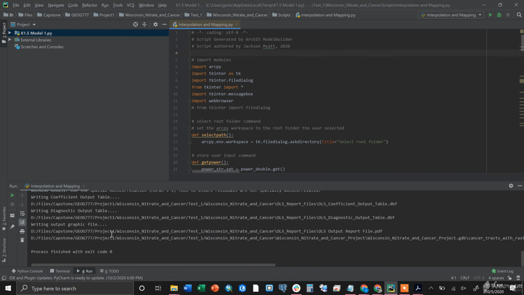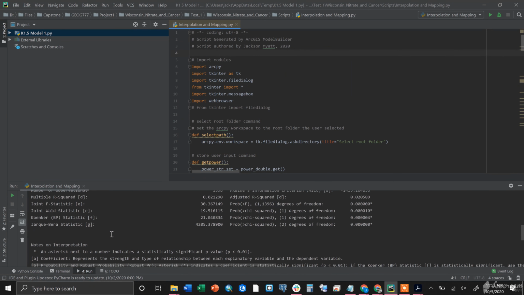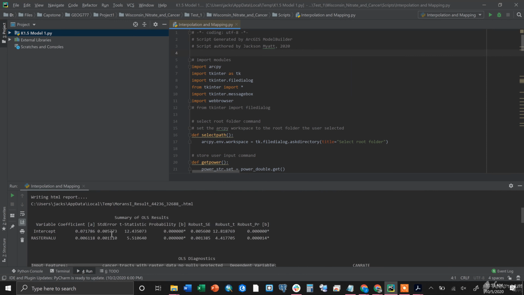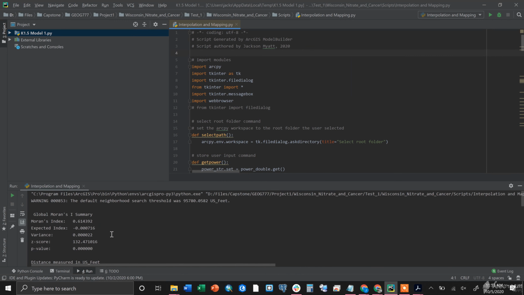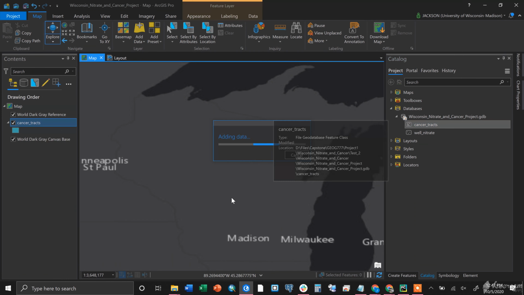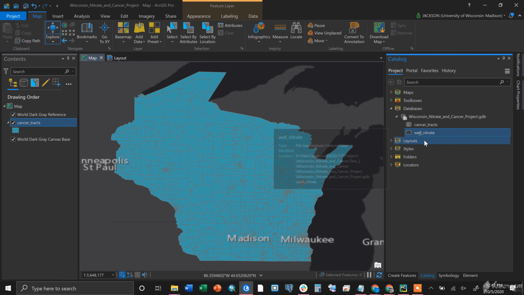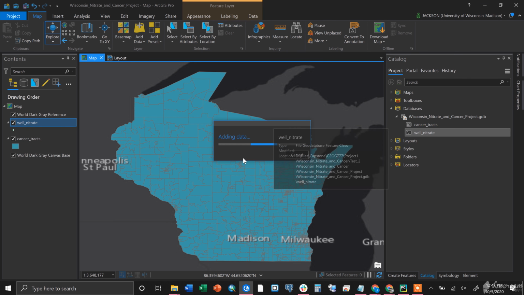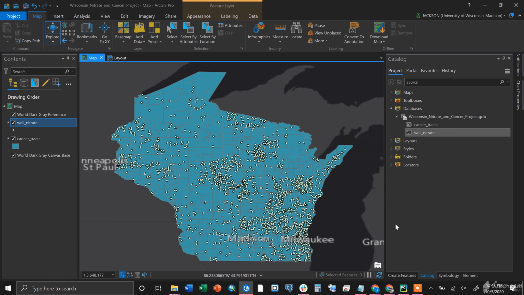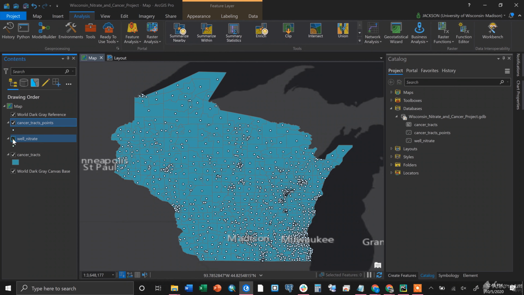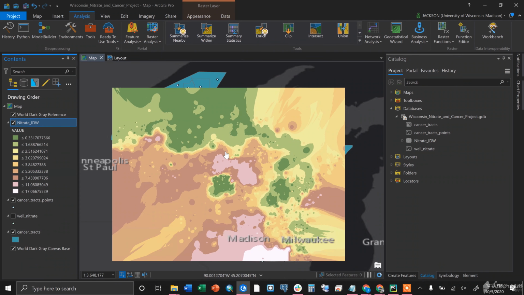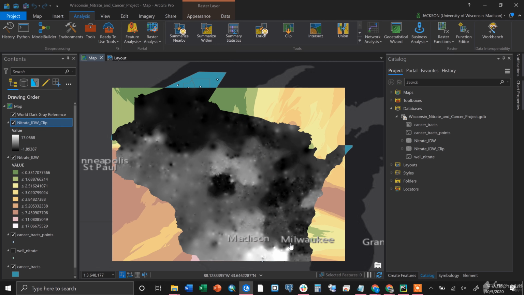The diagnostic information about the ordinary least squares and global Moran's I tool still remains in the console after finishing the script. Keep watching for a demonstration of what happens behind the scenes in the script. It takes the cancer tracts and well nitrate data, creates a layer of the points of the centroids of the census tracts, takes user input and runs the IDW tool of the well nitrate data, clips the IDW raster to fit the state of Wisconsin,